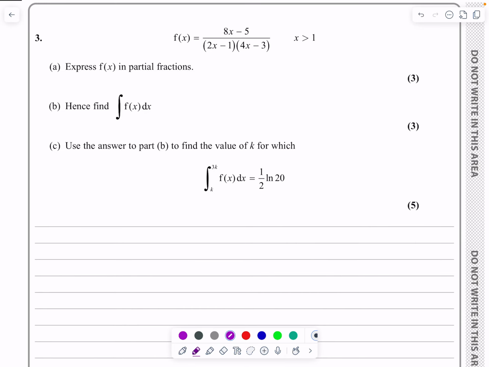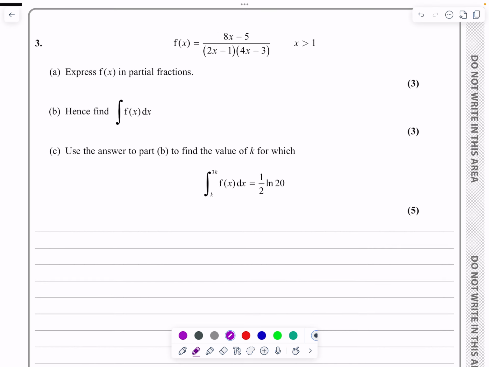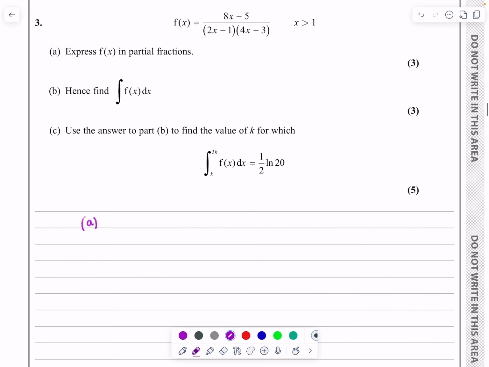Okay, this is the P4 paper from June 2023. Question number 3, and the first part is partial fractions, and then we're going to be integrating partial fractions, which normally gives me logs, and then finally doing some work involving log rules for 3 parts of the question. Let's start with part A then, which says, can I take 8x minus 5 over,